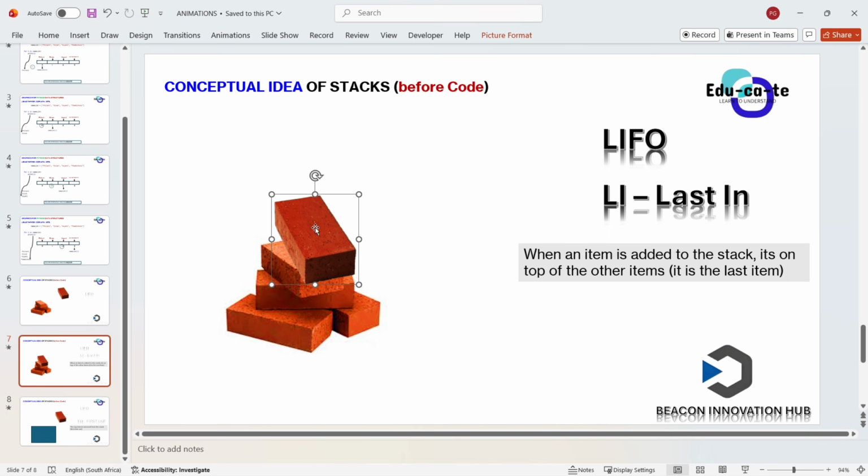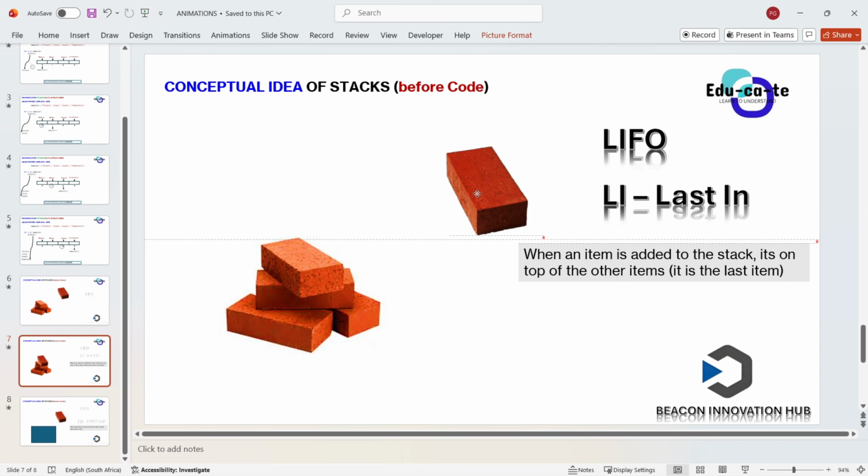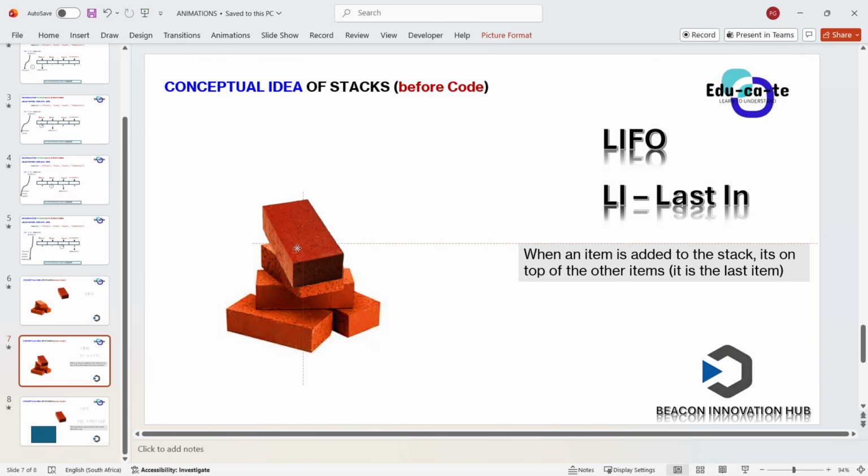Remember the pop function was removing the top item. The push was adding an item to the top of the stack. But when I say pick, it simply means I just want to look at this, I just want to return this item. If this brick is named Brigado, it means I just want to return Brigado. So basically the pick function must only return what's on top.